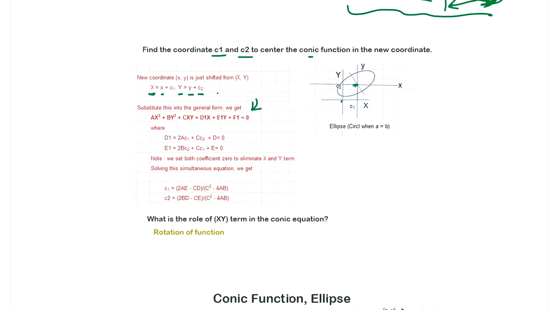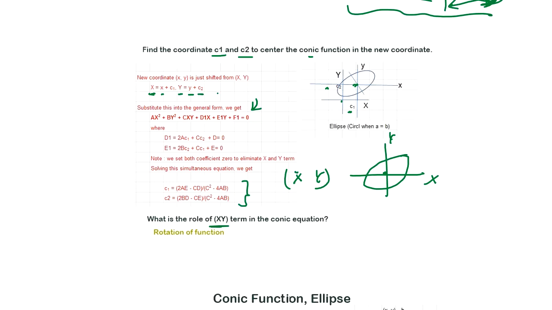So we set both coefficients to 0 to eliminate the x and y terms. In order to do that, the coordinate C1, C2 must be this value. If C1, C2 are this value, then the new coordinate is going to have something centered here. Okay, so what you do is you move this first, then later you eliminate